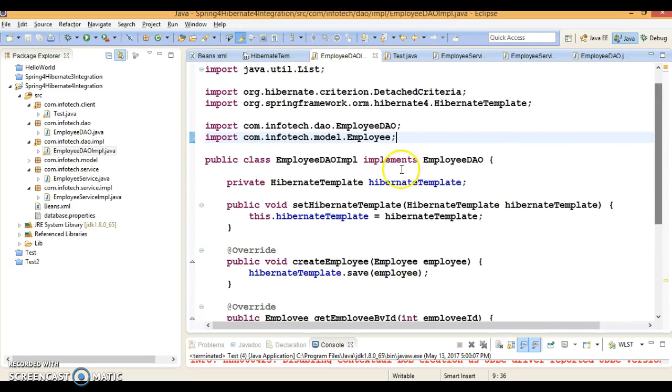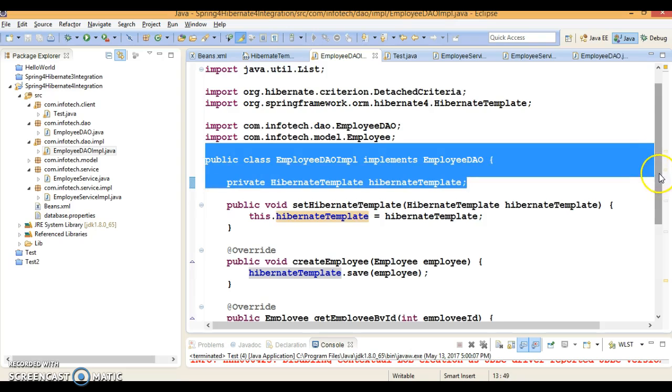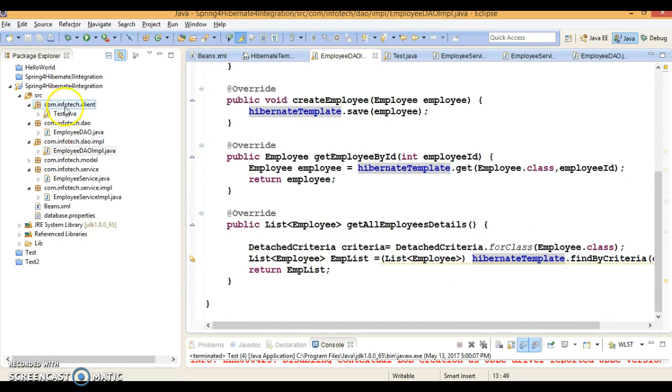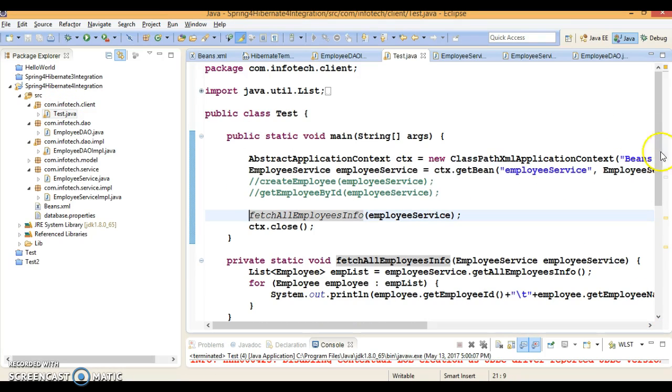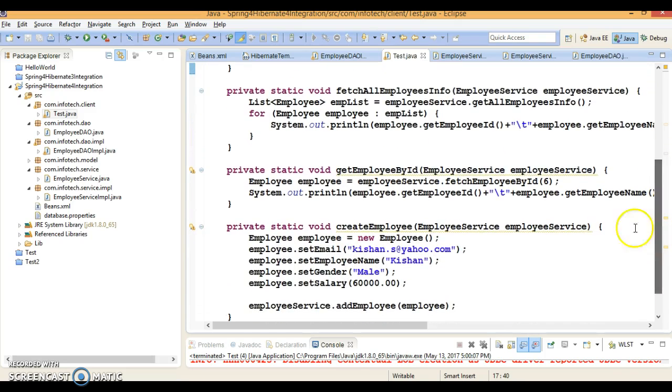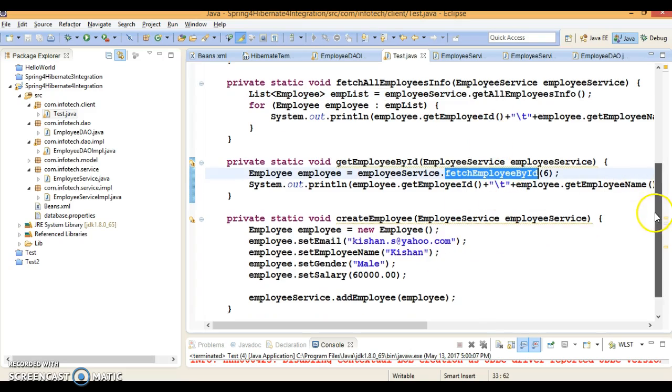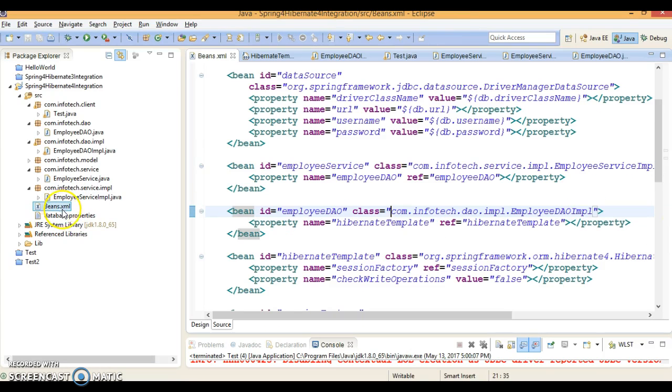Here we have made use of the Hibernate template, which is coming from Hibernate 4, right? And finally we have a client program. From there I'm just retrieving the instance of employee service and making calls to the corresponding methods, performing different operations.